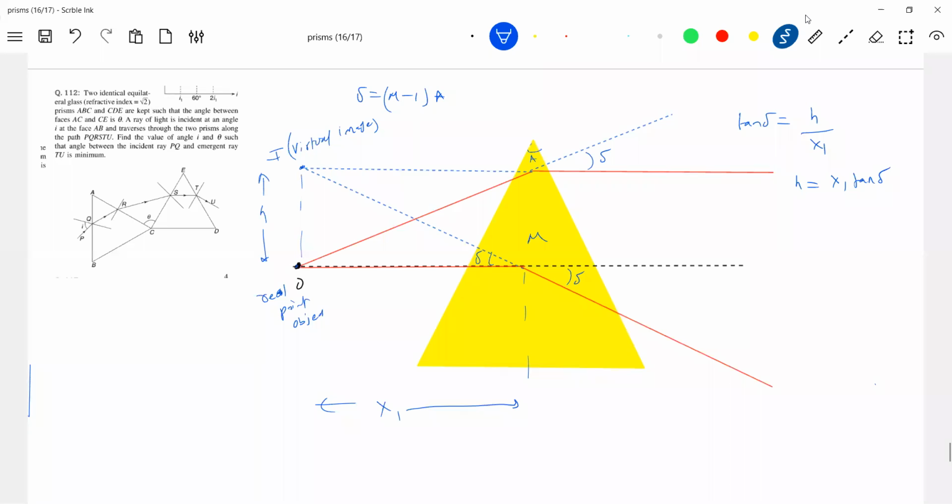Okay, this image now, if you keep any lens here, that image will become like an object for the lens. If you keep a concave mirror, then that image I will become an object for this, and you further continue. You need not bother anything about the prism now. Suppose here I keep a lens or say a concave mirror like this, then this I1, this I will become the object for it. And this I is at a height from the principal axis. So you know the height of the object and you know the distance, then you can carry on the problem.